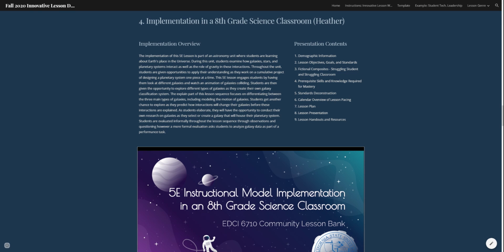On this page, you'll find an implementation overview, which provides a glimpse into the organization and key components of this lesson. As a 5E lesson, students are immersed in activities that engage them, allow them to explore, provide them with explanations, and support the deepening of their understandings through elaboration. Additionally, evaluation can be done by the teacher throughout, leading to a more formal performance task at the end of the lesson. Students are also asked to evaluate their own ideas, as they're given the chance to revise and build